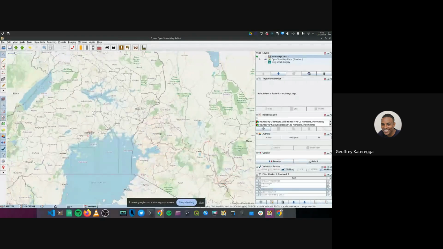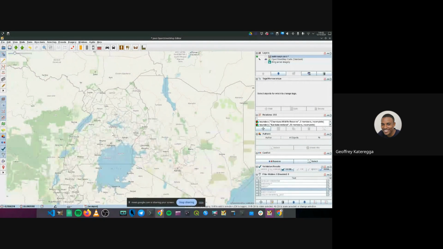I'm just going to focus on Uganda. This is where I am based, and you can see this place has very many lakes. It's called the Great Lakes region. It also has this big lake, which is Lake Victoria. When you are trying to map lakes, the chances are that you'll find almost all the big lakes are already mapped, so it's not every day that you'd find a lake which is not yet mapped. But the good thing is that you can add additional tags that would make the information useful.